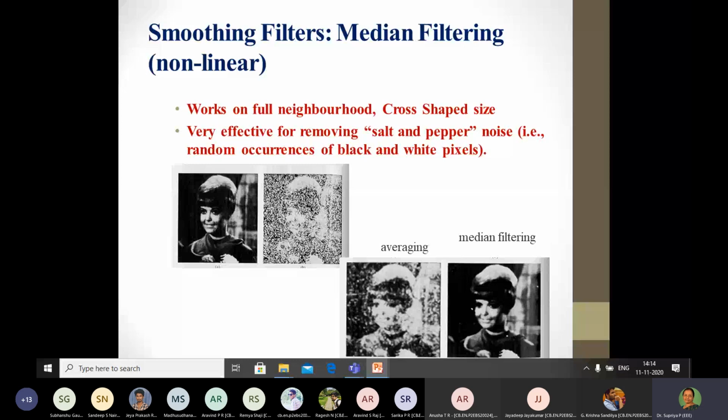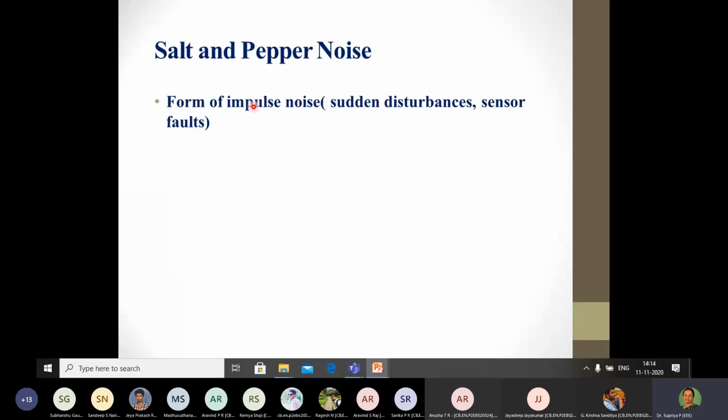What is this salt and pepper noise? When we talk about this noise, it is actually modeled as an impulse noise. When I say an impulse noise, it is exactly the impulse function that happens in signals. That is, it is present only for one time duration, either at n equal to 0 or at t equal to 0, and after that it is not there. There may be reasons such as sudden disturbances: shifting from an electrical EB supply to an alternate supply like an inverter, some sensor faults, anything like this would be the reason for the salt and pepper noise.